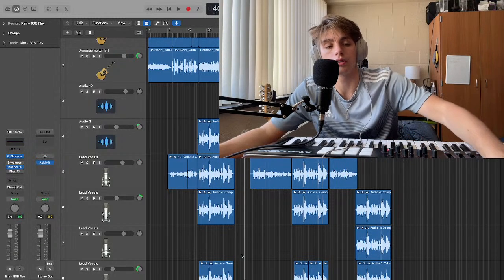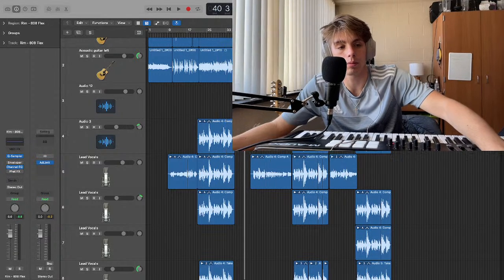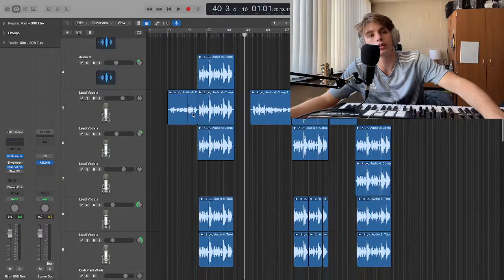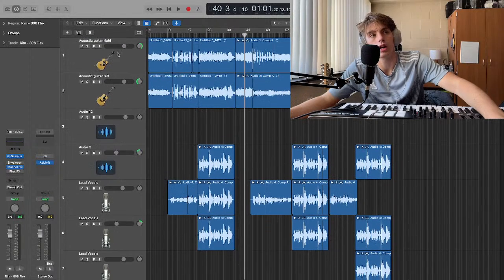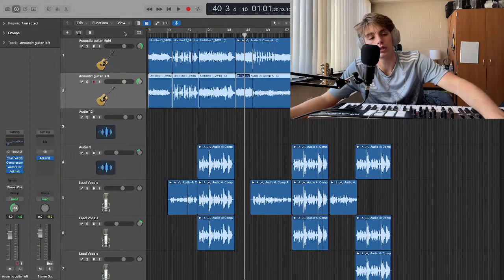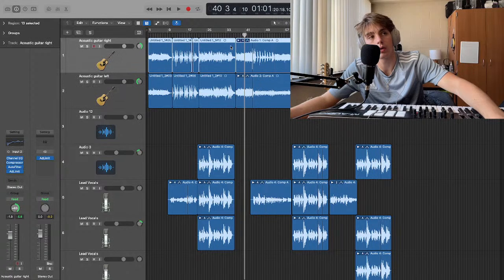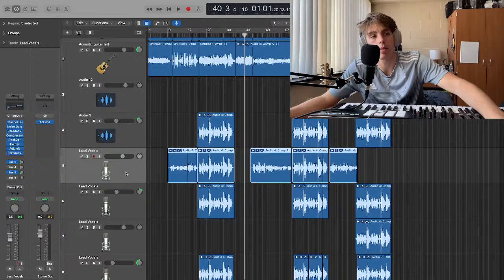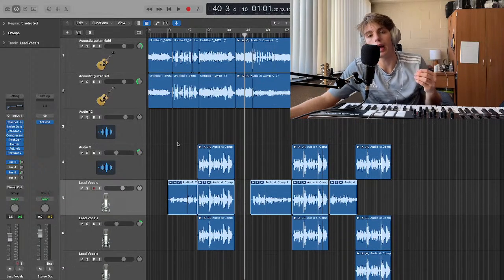So this song, since we're looking at this song, we'll go ahead and get myself a little smaller up here so we can look at this a little better. So then we're looking at this song, right? So this song started out with just 2 guitars tracked, and then one of them's turned way, way, way right. The other one's turned way, way, way left. And then I got my vocals here, right? So I wanted this song to have a level of movement.